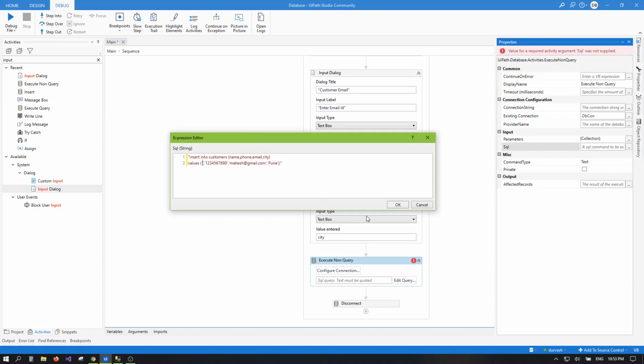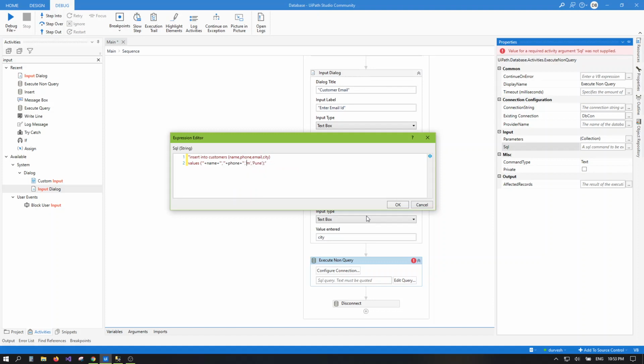To provide dynamic values, we use single quote, double quotes and plus signs, so now we can provide dynamic values, variables. First is name, like this, then phone number, single quote, double quotes, and plus, like phone.